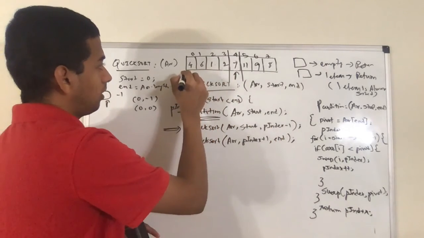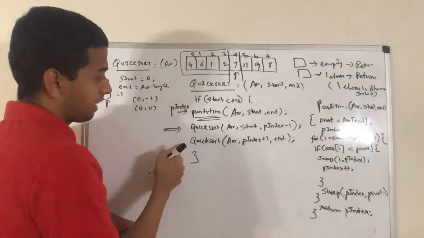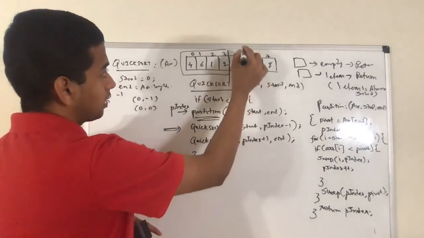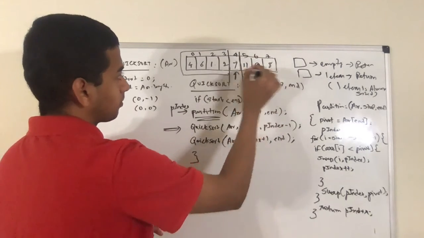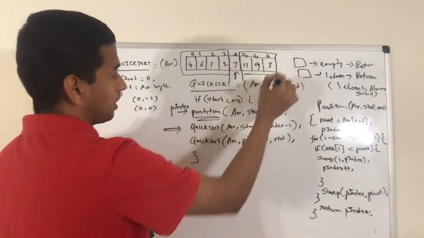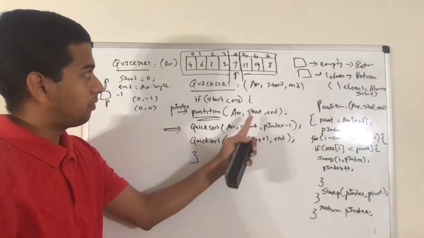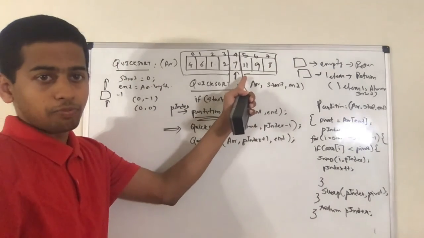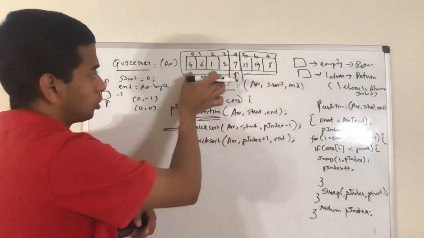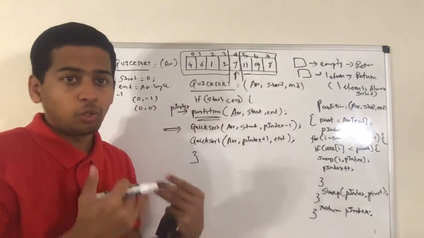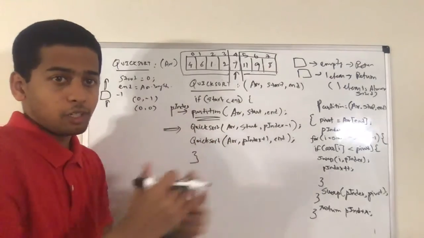So I'll call the same program for this sub array. That is left side, and the right side is array, partition index plus 1, which is 5, all the way up to end, which is 7, correct? So I'm calling this function from the next index of pivot to the end of array. So I'm calling it for the right block. So now the problem has resolved into sub problems. So I'll keep on resolving into sub problems based on rearrangement.